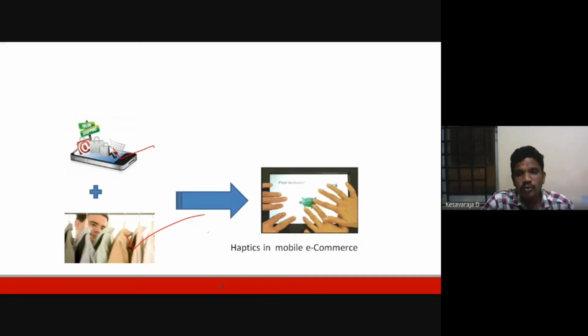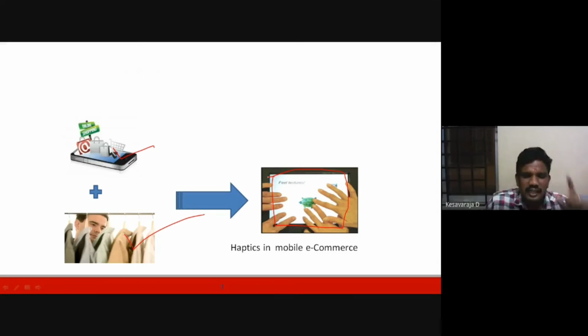Now, on the mobile screen, everyone has a mobile phone. On the top of the mobile phone, a new screen card is pasted. You can touch and feel the environment. The real exposure is provided, augmenting the real textures of that picture, of that photo, of that dress, via touch